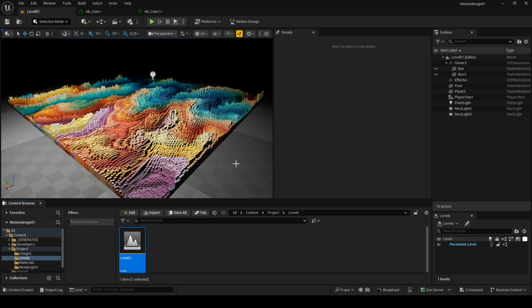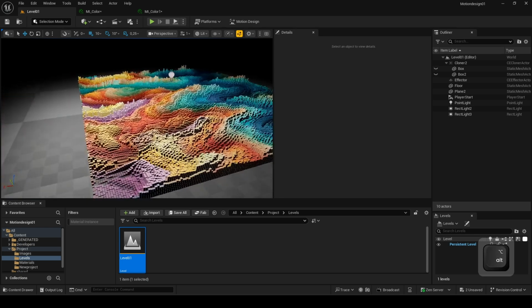Hey friends! In this tutorial, I'm going to show you how to create a displacement effect using the motion design